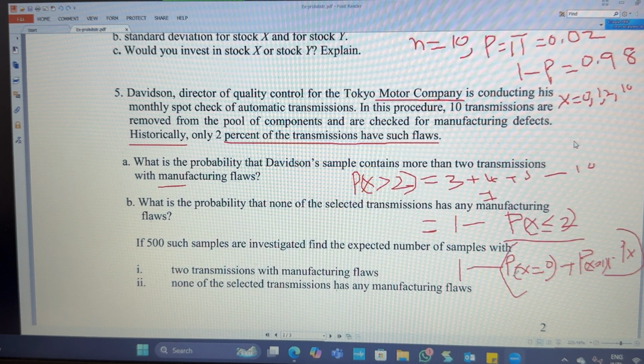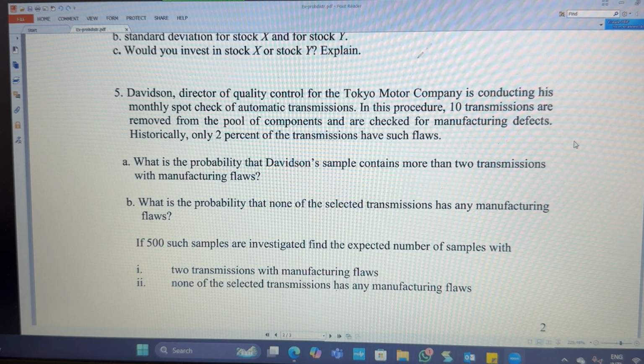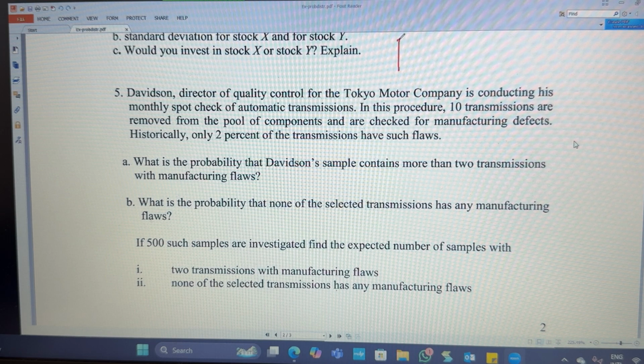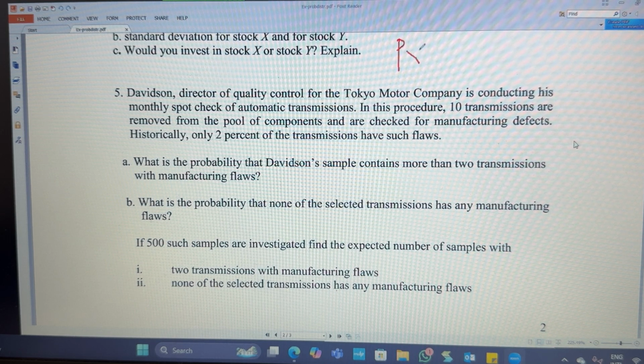Then you can find the answer. So how to find the answer? First of all, we will find P(x equal to 0). So this is equal to